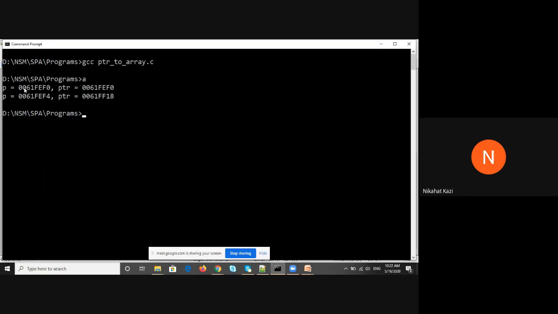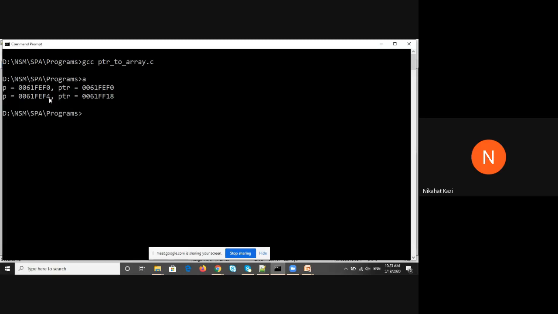So before we do the update, this is the address of p, that is the base address. Similarly, PTR's address also will be the same. I told you that PTR, though it is pointing to the entire array, what is the address of that array? The address of the array is always the base address. But when I do this p plus plus, then what do I get? This address was EF0. Now it has become EF4. So 4, it's hexadecimal format.